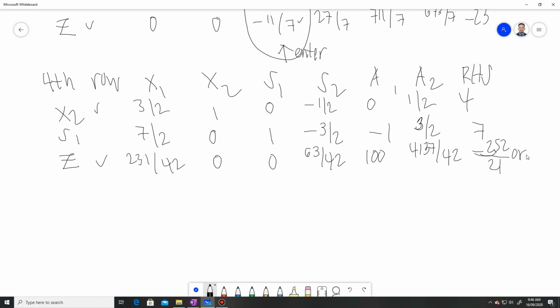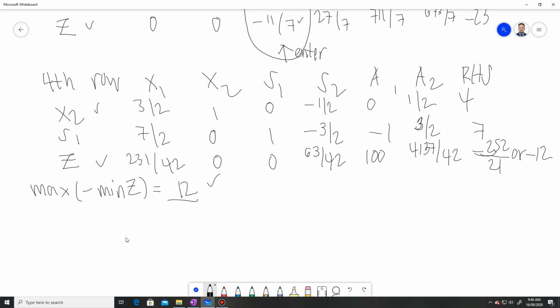That is negative 12. Remember that our max is negative min z, like what I said in the first discussion above. So if it is negative, we will convert this negative 12 into positive. Okay, so that is our